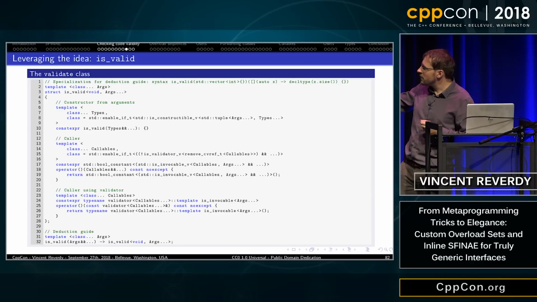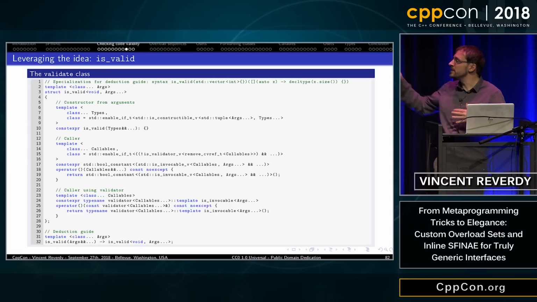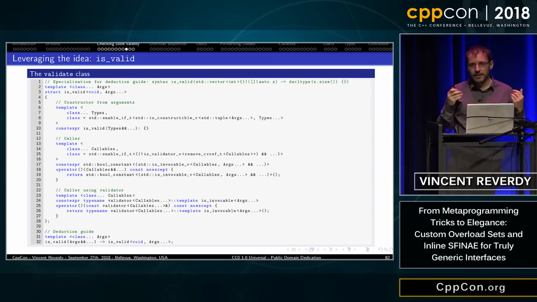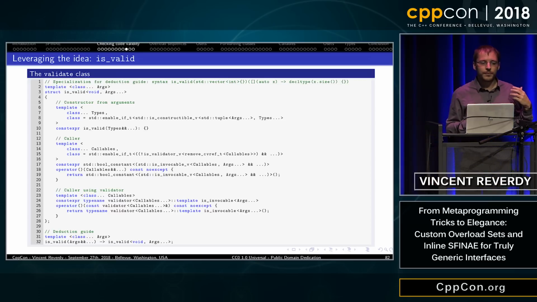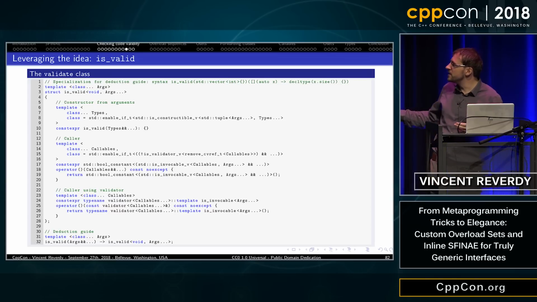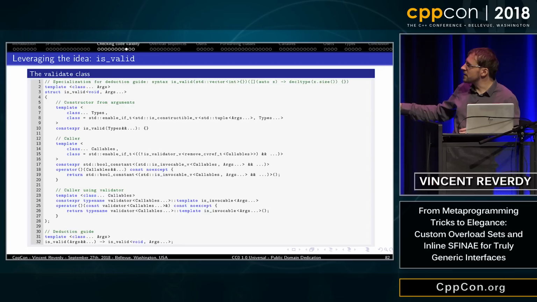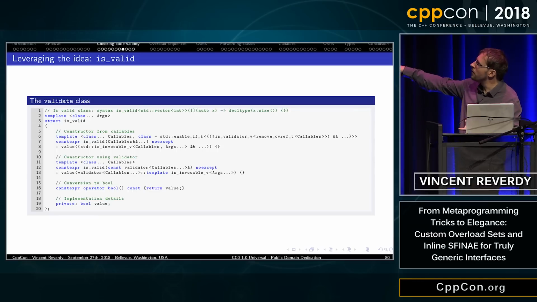What having these two specializations allows is to detect whether you have specified template parameters by hand or whether the template parameters should be deduced. If the template parameters are deduced, then it will call this version. If the template parameters are not deduced, it will call the previous version, which is this one.